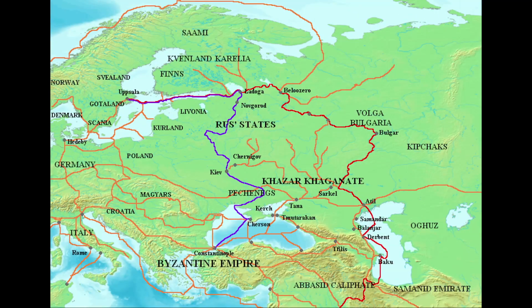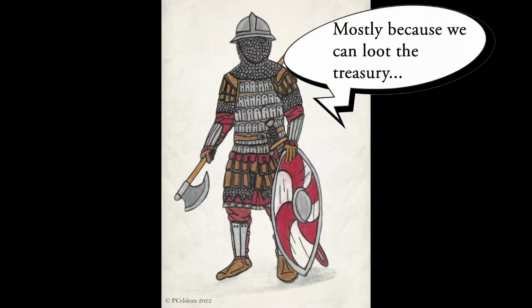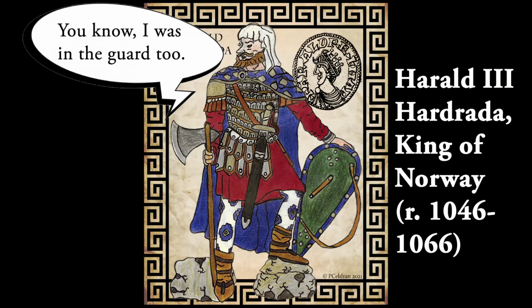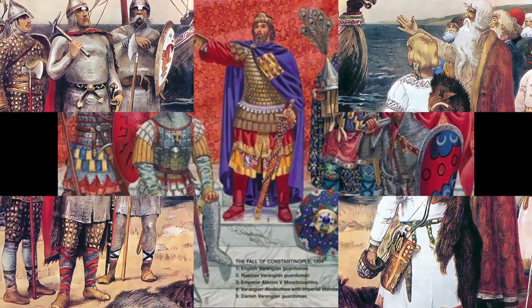Members of this unit usually came from the lands of the far north to seek wealth and adventure in the Byzantine Empire, and come home rich after serving the emperor for a number of years, though many in the Varangian Guard had also come home to either Russia or Scandinavia rich. As in Varangian tradition, they would loot the emperor's treasury if ever the reigning emperor they served dies. Although most members of the Varangian Guard were Scandinavians, such as the future King of Norway Harald III Hardrada in the 11th century, a number of them too were Russians, and from the late 11th century onwards Anglo-Saxons